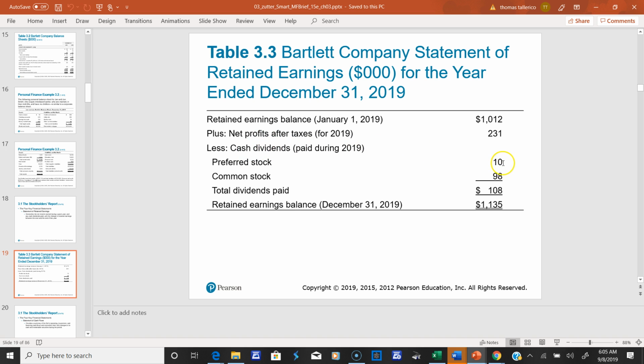Now we've got to start subtracting some stuff off. So here's the $10,000 that's paid to the preferred stockholders already, correct? And here's the $98,000 in dividends paid to the common stockholders, and both of these will appear on the income statement I just showed you. So what we're going to subtract off is this total of $108,000. Okay, so you'll notice now that if I take the previous balance, add the net profit after taxes from the income statement, subtract off the $108,000 in dividends I paid, that leaves